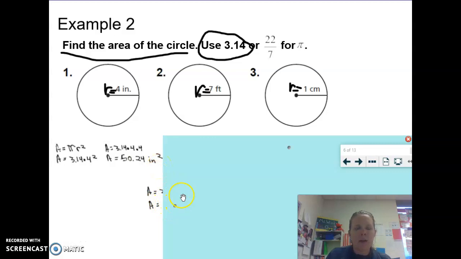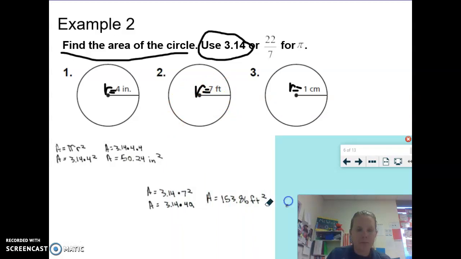Okay. Problem number 2. Take a minute, see if you could set it up. Feel free to pause the video, double check your work as I'm going through. Again, here's your radius, 7 feet. So when you plug this one in, again, I have 3.14 because that's my pi. Think again, pi times my radius squared. My radius is 7. So 3.14 times 49, and multiply, and I get 153.86